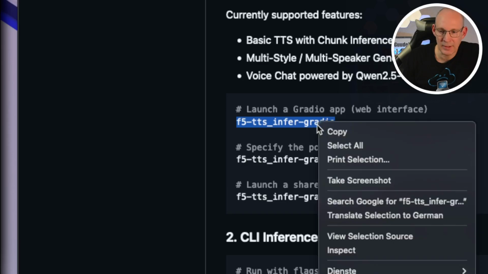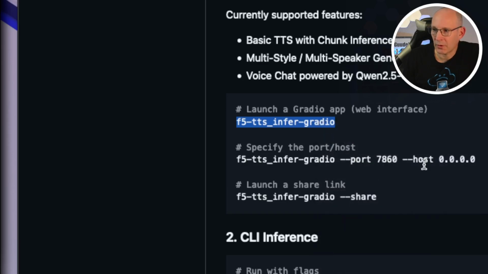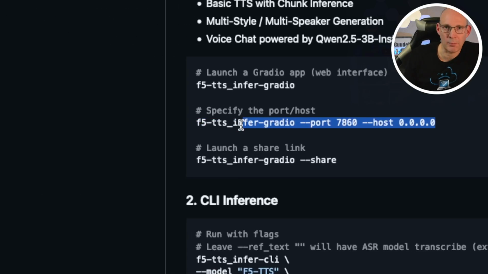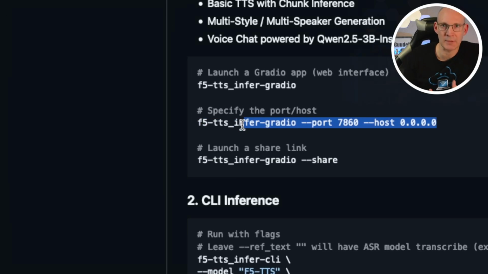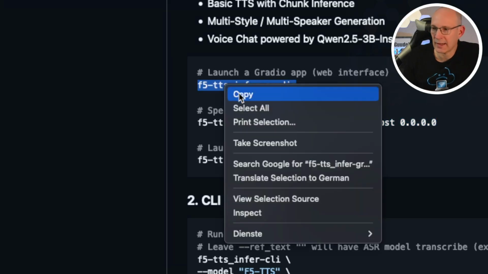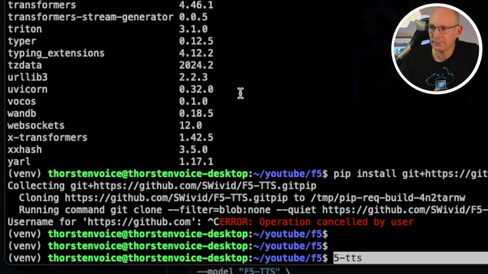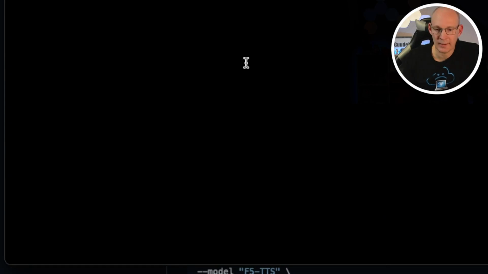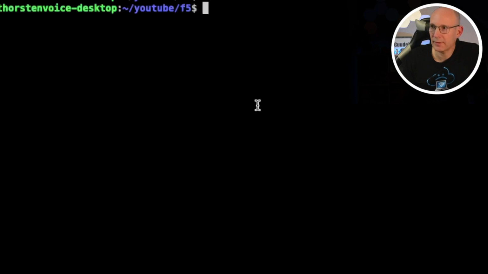So just copy this command, or in case you would like to have it on a special port, or bind it to a specific IP address if your computer has multiple interfaces. But this should be fine in most cases. Let's copy it and let's paste it